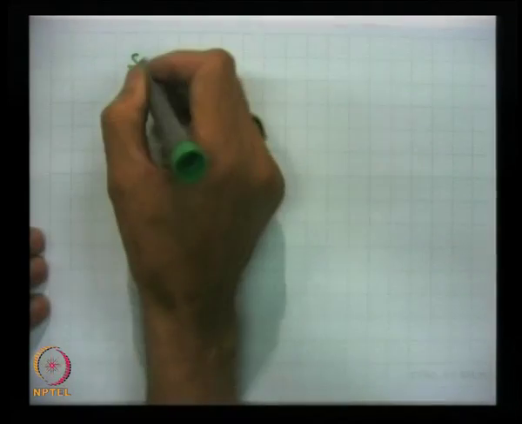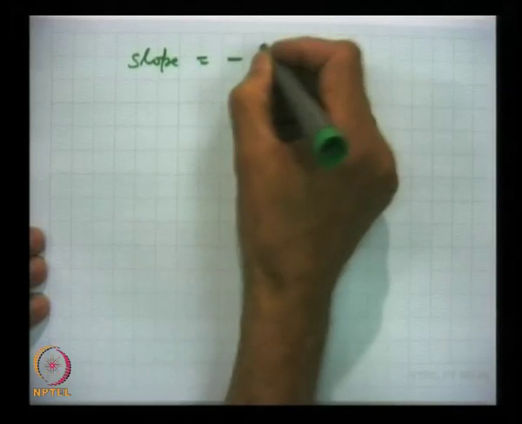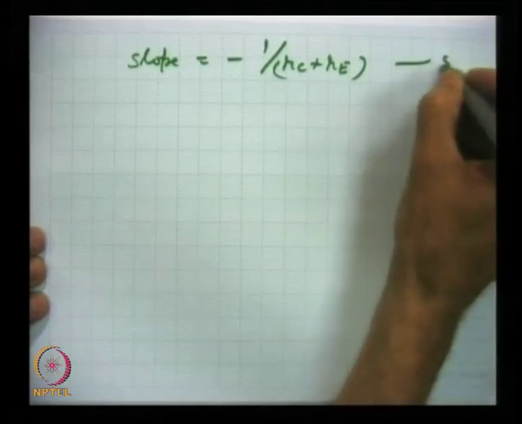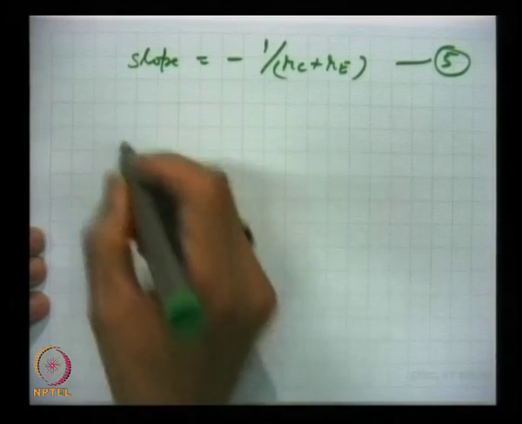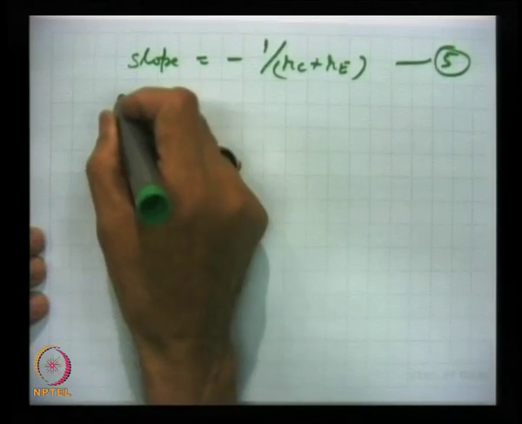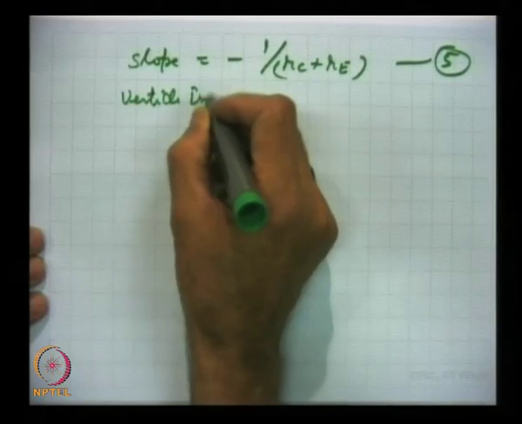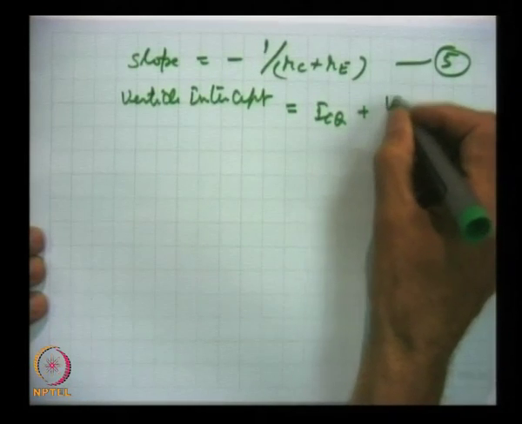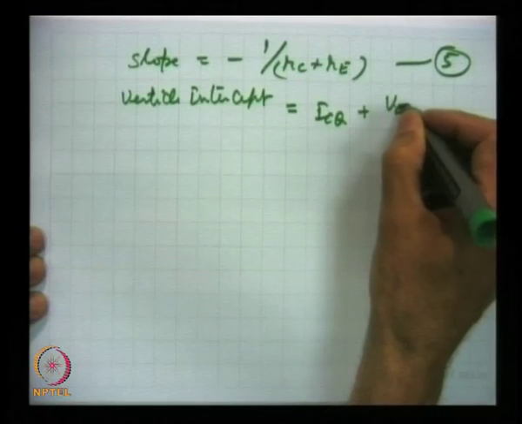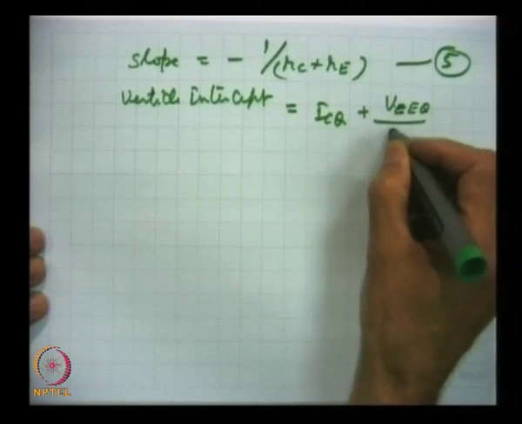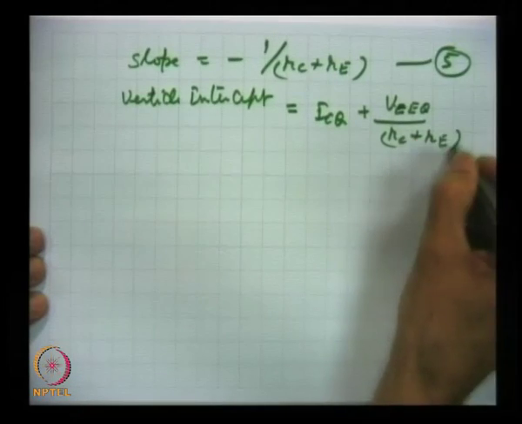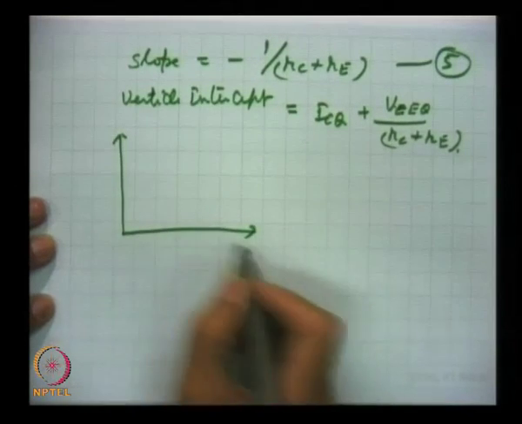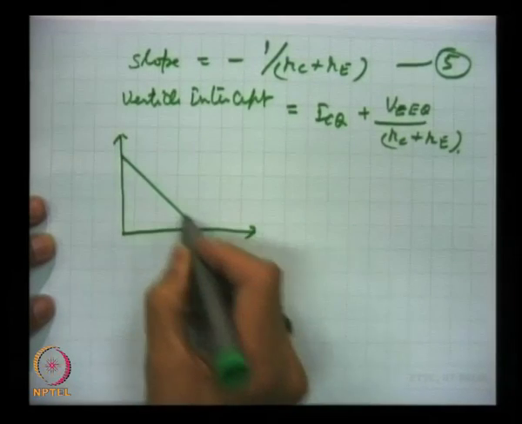So, the slope of the straight line will be minus 1 by RC plus RE. This we call equation 5, and the vertical intercept is equal to ICQ plus VCEQ by RC plus RE. We plot this. This is to be finally plotted on the output characteristics, but this is the load line, the AC